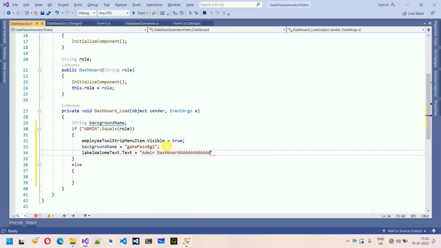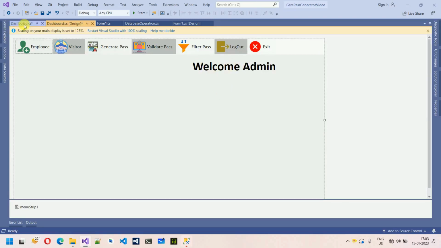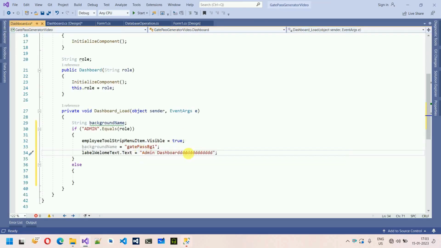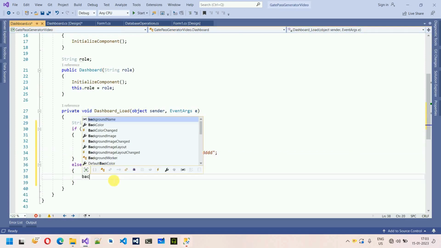So I'm going to type something wrong like this, so that you can uniquely identify that yes, the text is changed, because we have already set welcome admin over here. Okay, so that is welcome admin. So I'm going to change this one to admin dashboard. Okay, in the else condition, I'm going to set the background image,